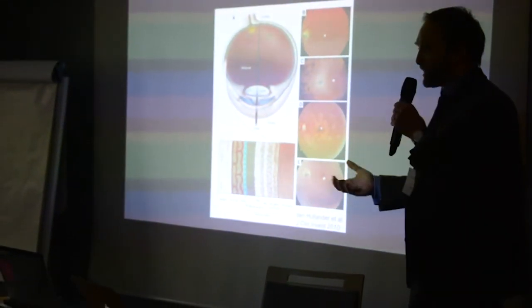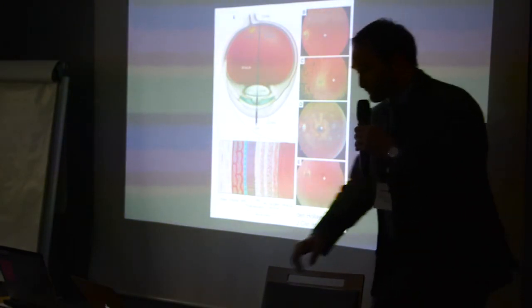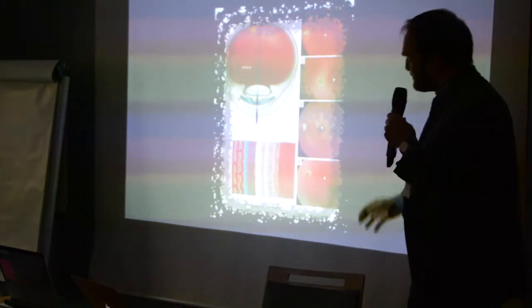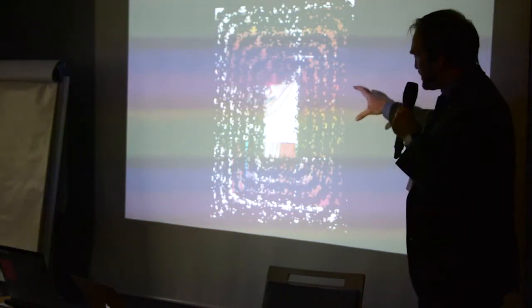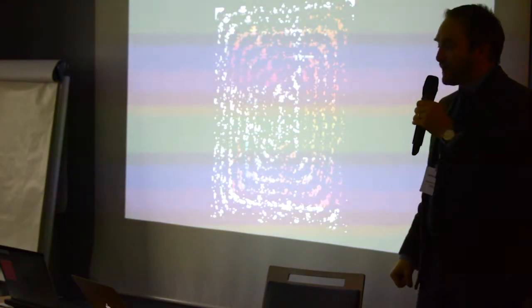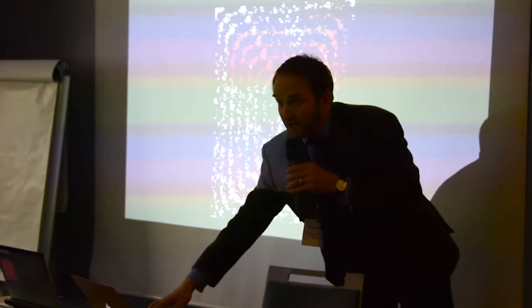That's a classic sign of retinitis pigmentosa. So what happens in this progressive loss of disease? Your peripheral visual field shrinks down, and then you continuously become blind,